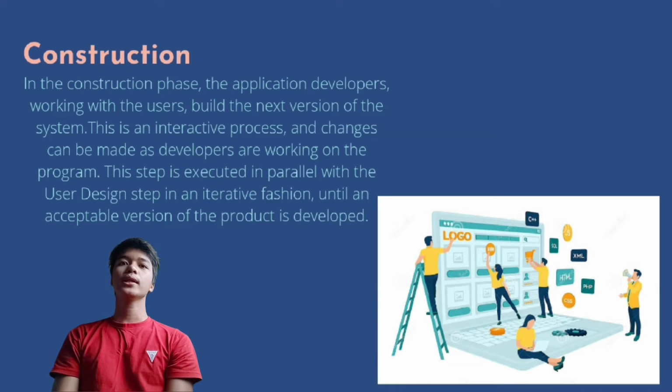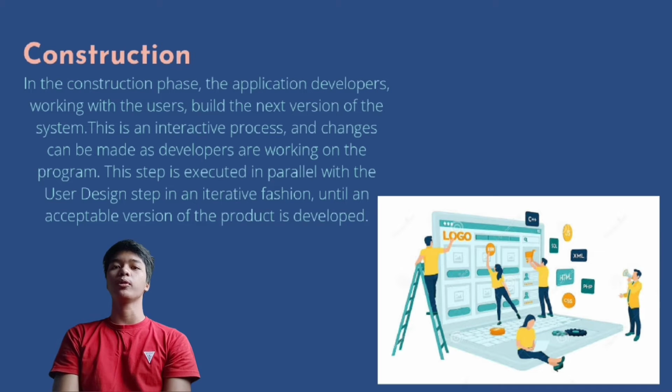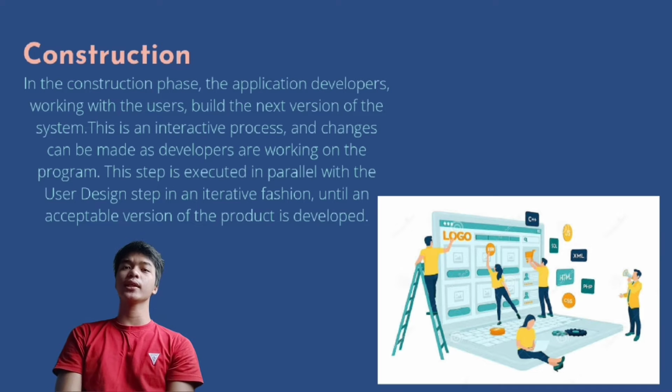Construction. In the construction phase, the application developers working with the users are building the next version of the system. This is an interactive process and changes can be made as developers are working on the program. This step is executed in parallel with the user design step in an iterative fashion until an acceptable version of